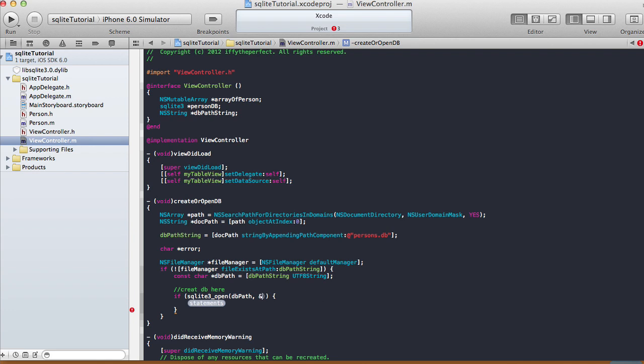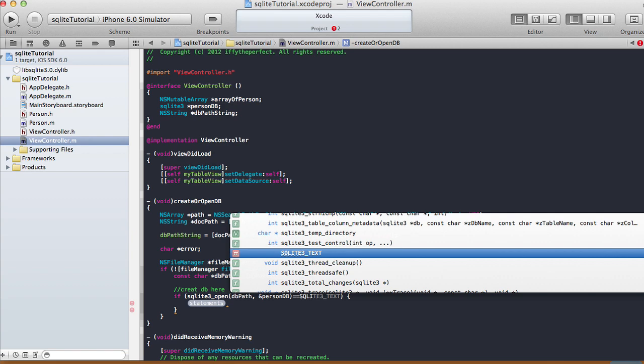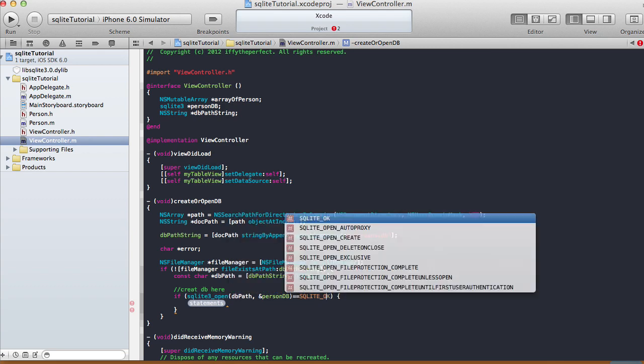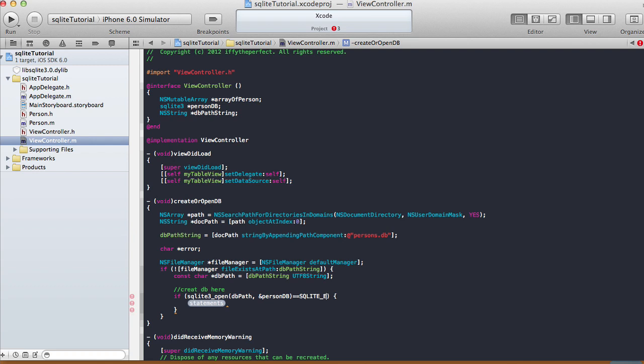But it looks like a double pointer, so we need to add an ampersand, &personDB, and we check if it's equal to SQLITE_OK, which is an int. I'm not sure what number this is, but it has different statuses. So check if it's equal to SQLITE_OK, and if it is, then we do